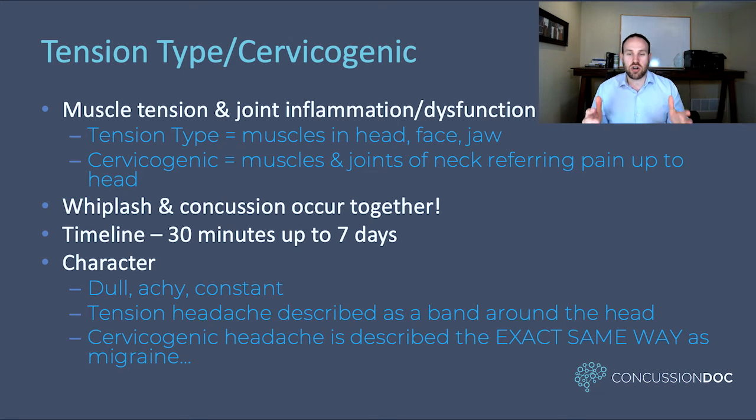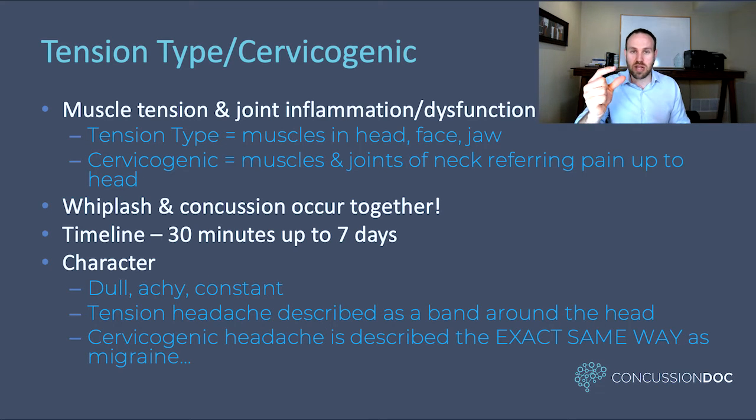Whiplash and concussion occur together. And I know that those who have been watching this show for a long time know this fact. Concussion is caused by acceleration. Whiplash is also caused by acceleration. Concussion requires anywhere in the neighborhood of 60 to 120 Gs of acceleration and deceleration. Whiplash only takes 4.5. So if you've gotten a concussion, you've also gotten a whiplash. There's just no way to avoid those two. So because of that, you're going to have this underlying neck injury, which creates neck dysfunction. Sometimes people don't even have neck pain, but it's the dysfunction in the neck that causes the pain.